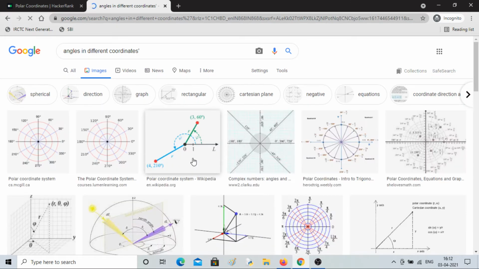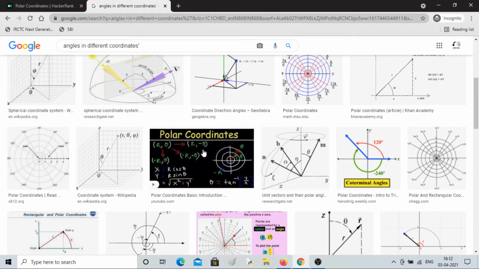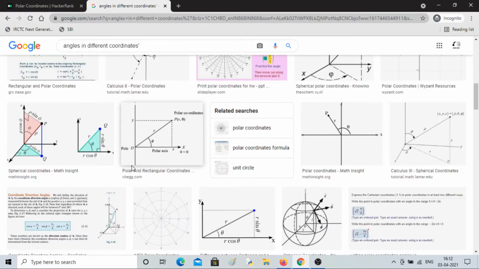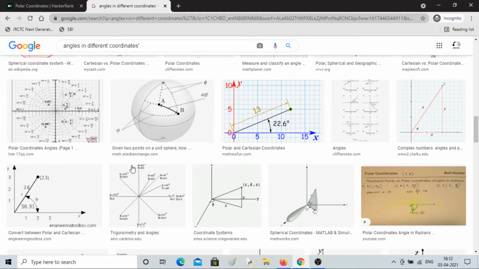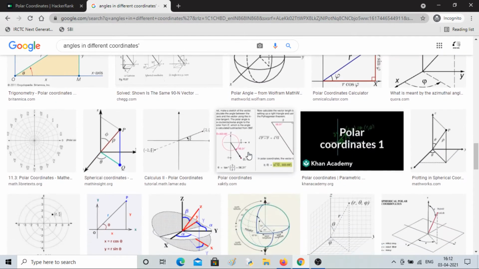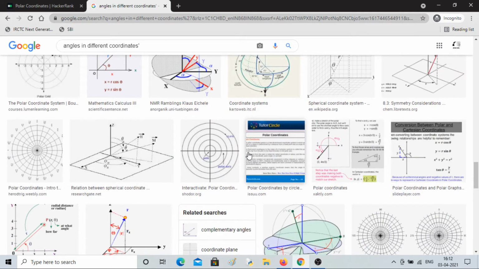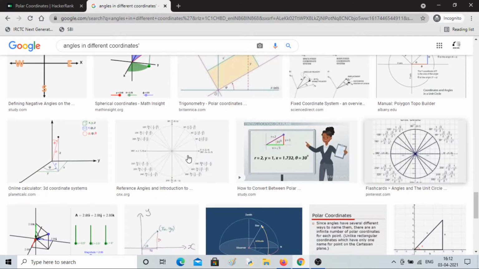So from where can I show you properly? This angle, you have to do 180 minus, and sometimes plus.